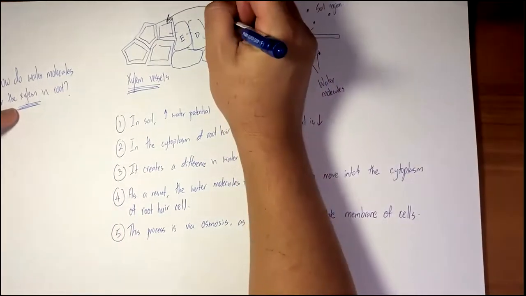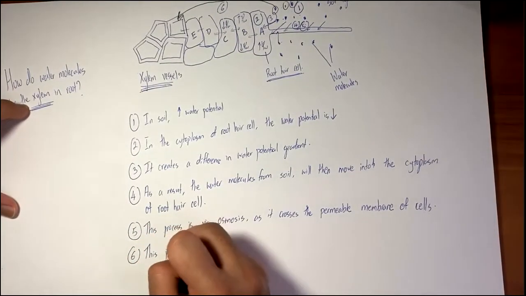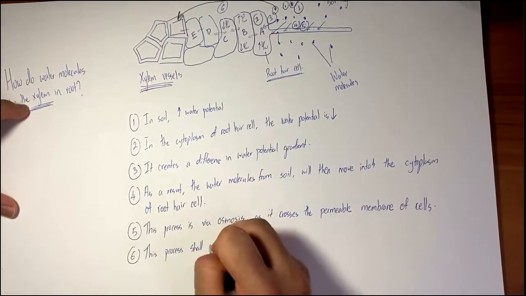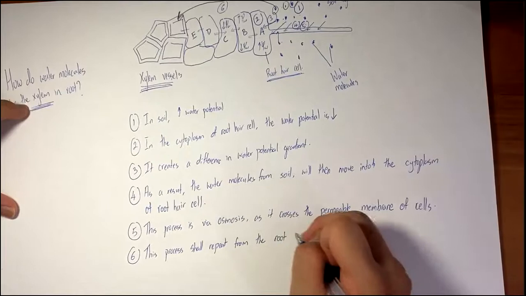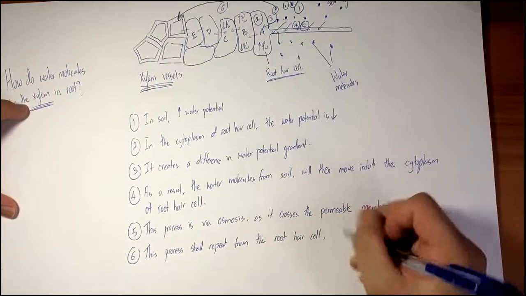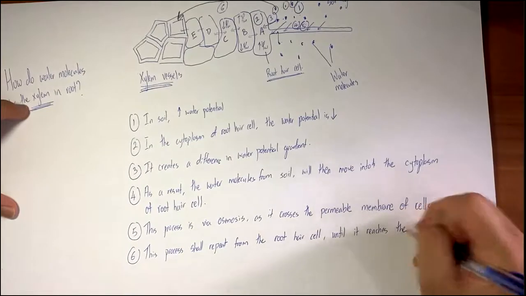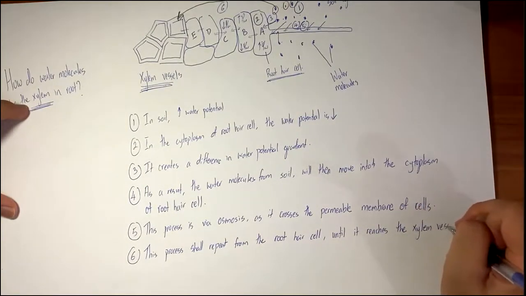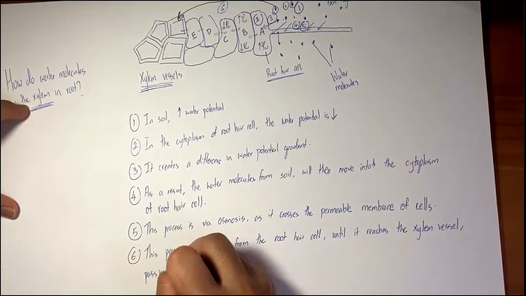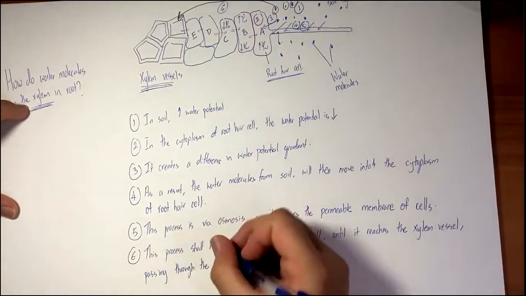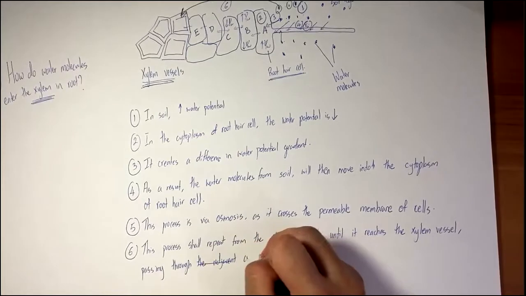Okay, so how can we use this explanation to answer this? You just add on number 6. So number 6 there, this process shall repeat from the root hair cell until it reaches the xylem, passing through a series